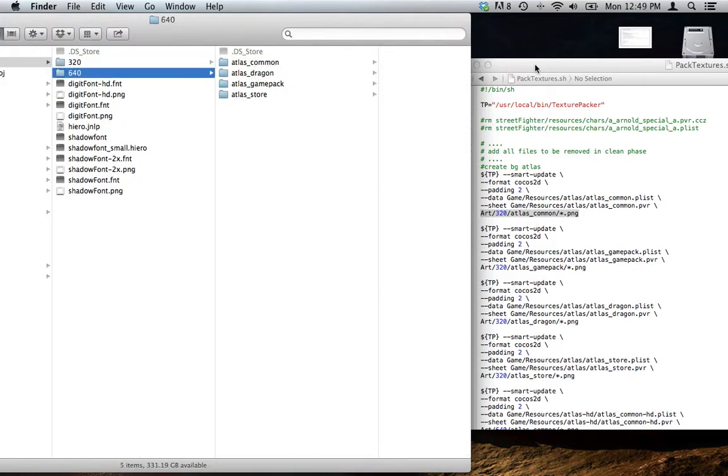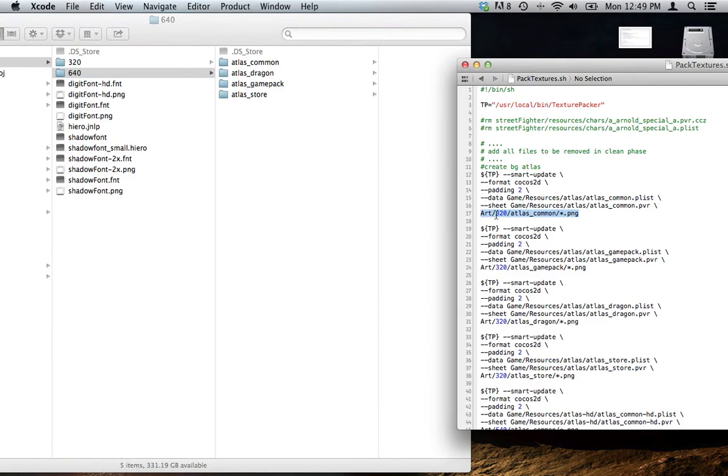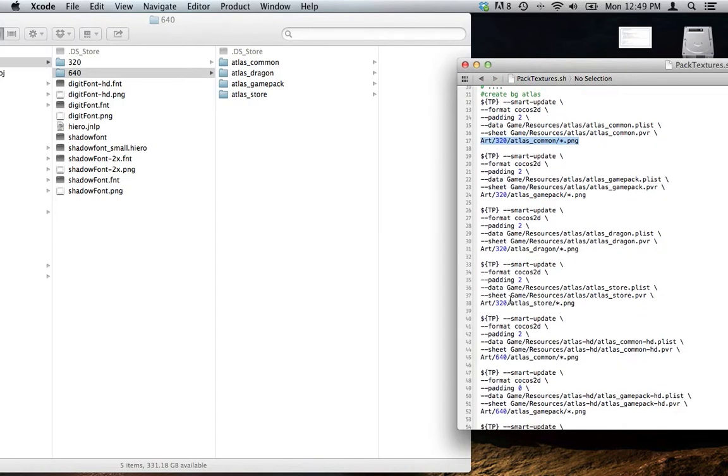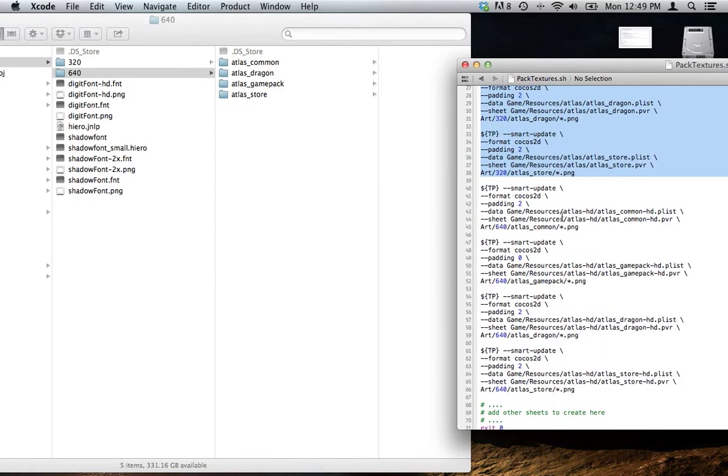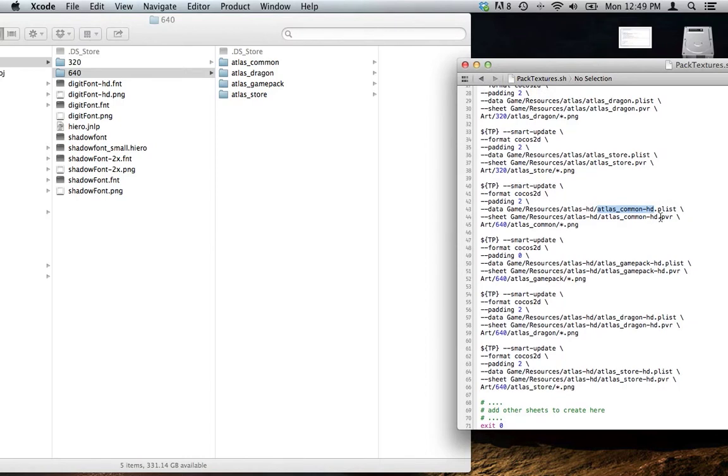So essentially this script goes through, and it takes 320, 320, 320, 320. These are all the SD scripts right here. These are creating all of your SD sprites. And then this one here is taking the 640, and it's creating your HD sprites, your plist file and the PVR file that are the actual sprites that are created by TexturePacker, and